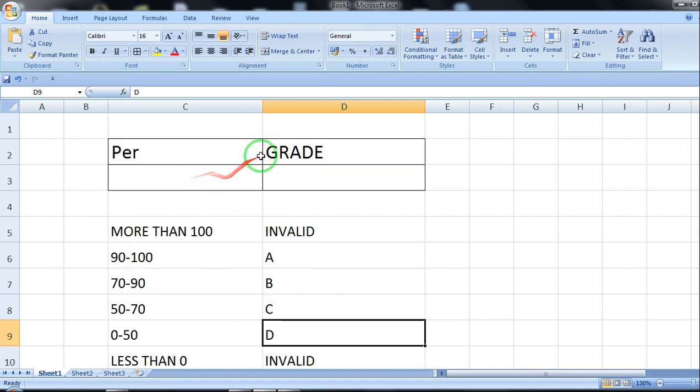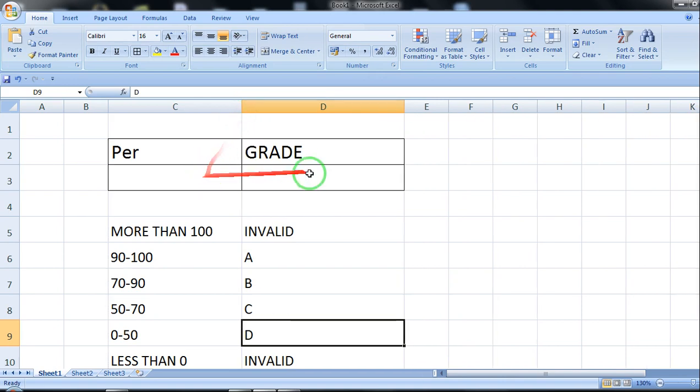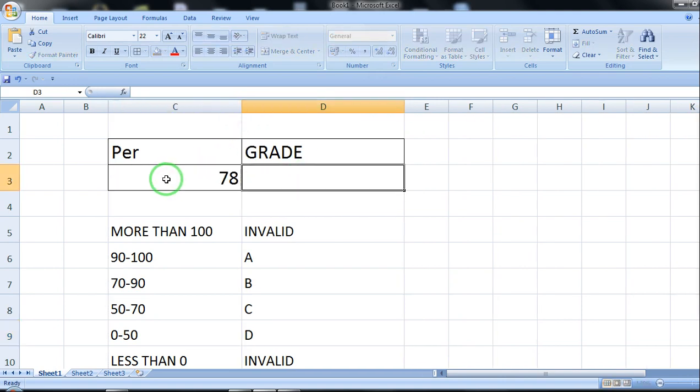So let's do this with an example. Now suppose you have entered any value over here, equal to. Functions always start with an equal to sign. So whatever function you enter over here in the formula bar, you will get that function or the formula displayed over here. This is your name box, and this is your formula bar.